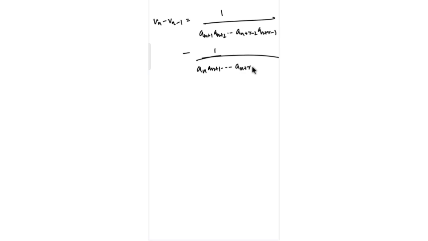Here one term is reduced, so an+r-1 and an+r-2. Many terms are common, so we can just take those common terms to one side. So 1 by an+1 an+2 so on till an+r-1 we can take common,